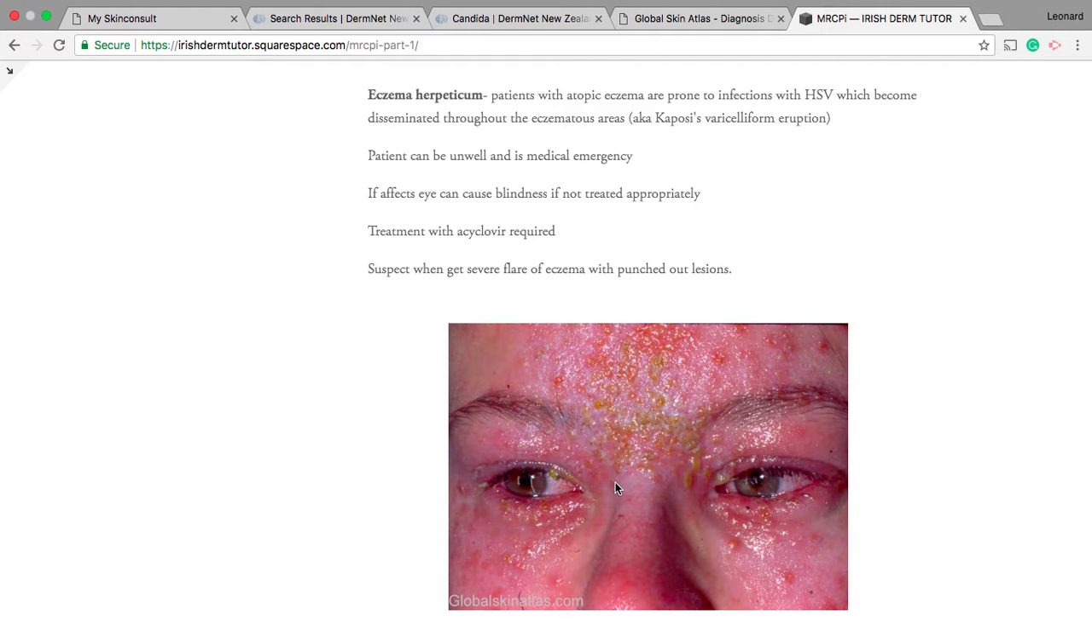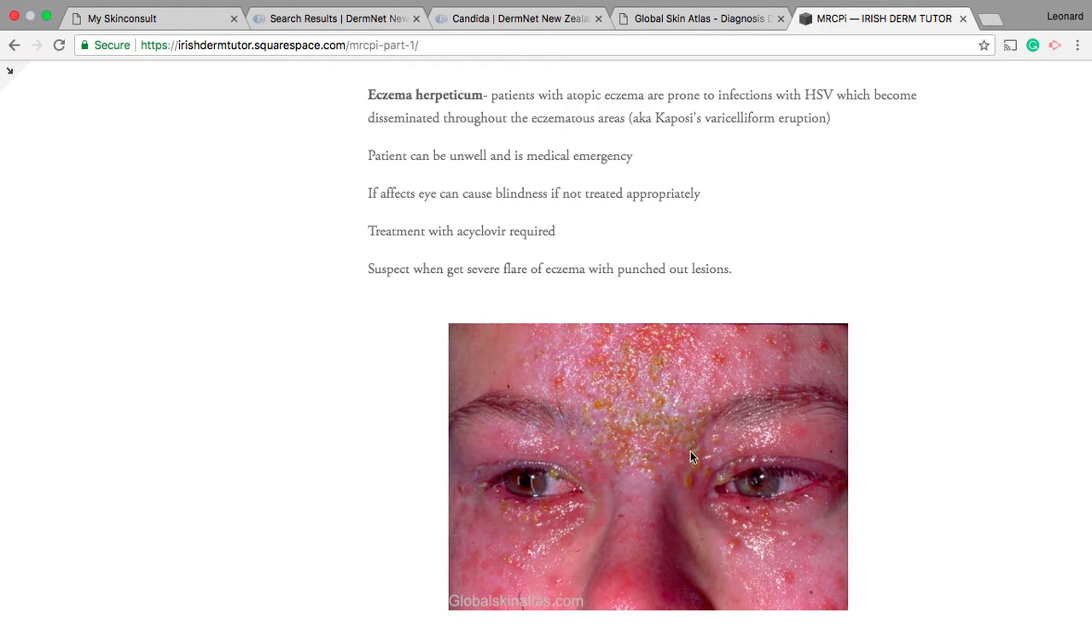If it affects in or around the eye, there is a risk of the patient going blind, so they need to be reviewed by ophthalmology pretty urgently. And you'll usually give treatment with acyclovir, and they often have secondary bacterial infections, so they'll often need antibiotics as well. You should suspect this in a patient that has a severe flare of eczema, and then the